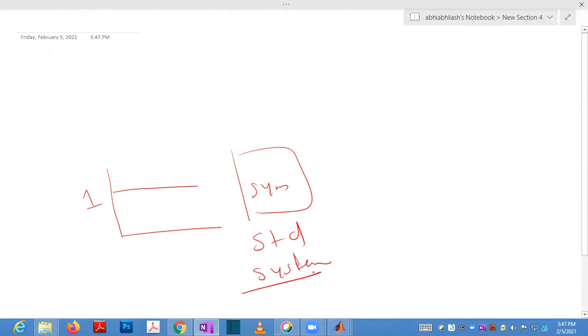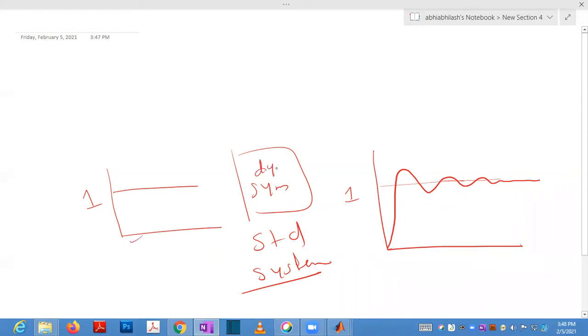Consider it a standard system for the time being. The output response you will get, consider this as 1, and you will get something like this, and it will settle. So this is the input. Input is given here, and this system is a dynamical system.